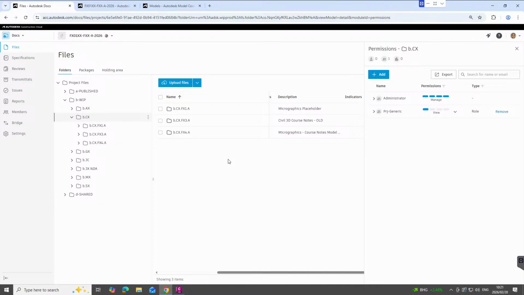It's synchronizing through Autodesk Desktop Connector onto a hard drive, and this is where we're at. So the B is just work in progress. The CX is the discipline. That's going to be general civils. And then the next little bit of information there is which team it is. So what I've done over here is to say, well, I can have